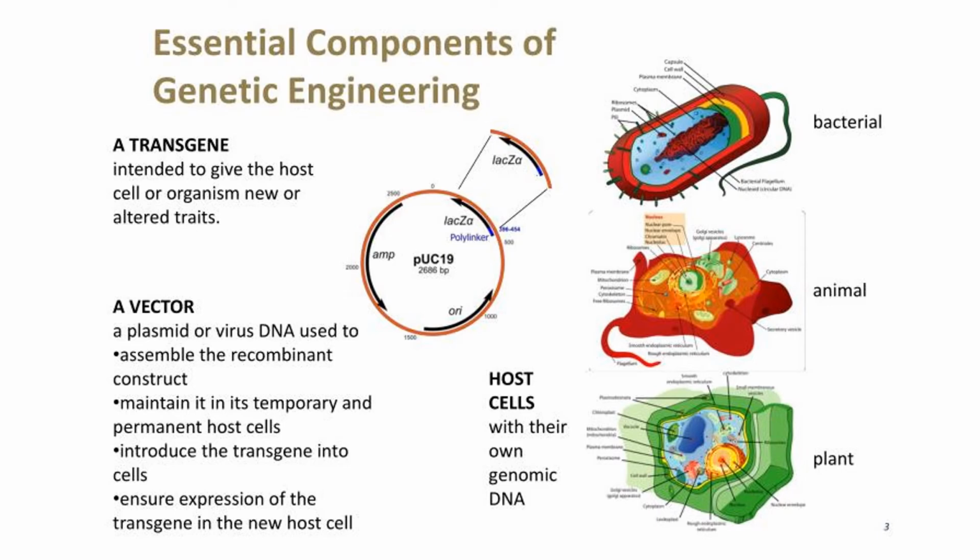Now, essential components of genetic engineering are the transgene. The donor gene, or whatever gene of interest, is also called a transgene. The vector in which it is inserted is called the vector molecule, or DNA vehicle molecule. Generally, it is a plasmid or viral DNA which will accommodate the desired gene into its own genome, and then it is used to transfect either a bacterial host, animal host, or plant host.